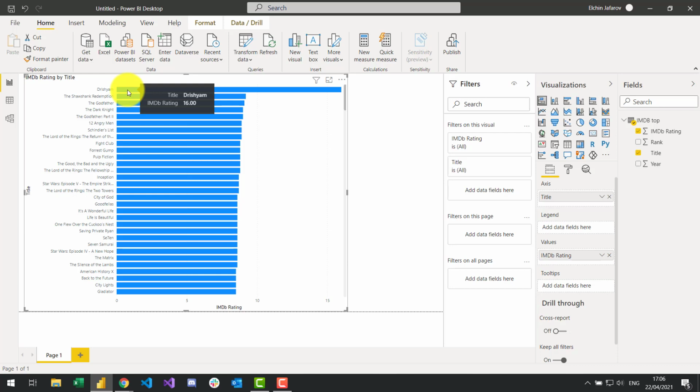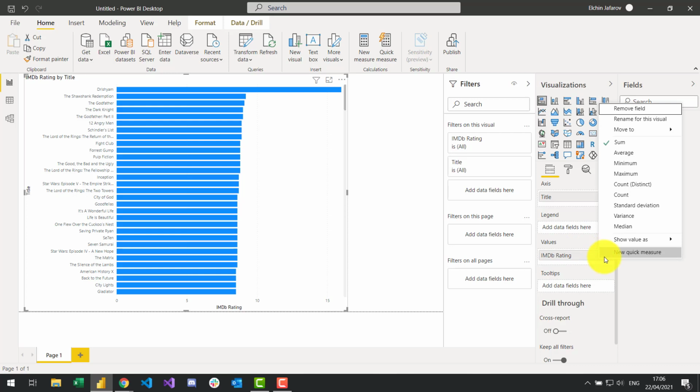I don't understand what's going on here. 16, it's like impossible. Most probably, we have two titles named like this, which is either strange or we have the same title in different years. Okay, so to avoid this kind of problem, we can choose here the settings for this value, IMDb rating, and